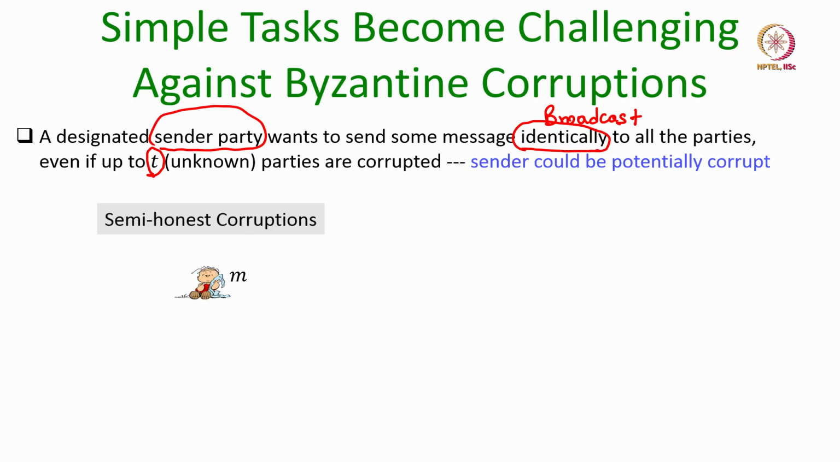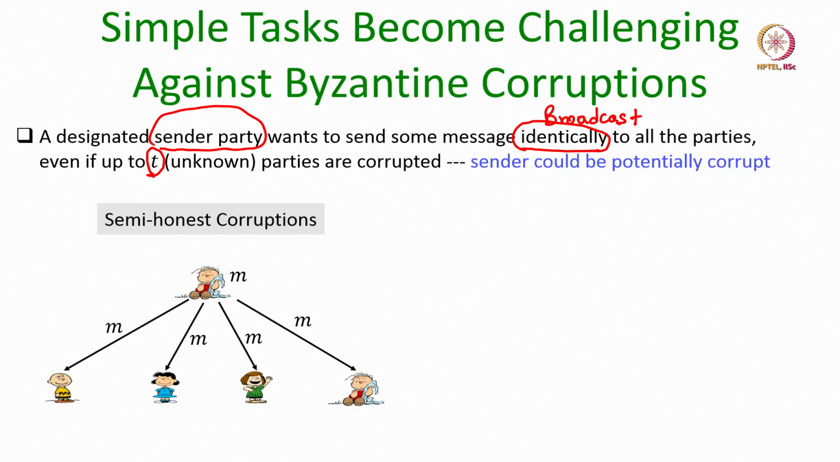So, if we consider this problem in the semi honest corruption setting, where we assume that the t corrupt parties could be only passively corrupted, then this problem is very easy to solve. So, imagine this is the sender party. To broadcast its message, what it has to do is just send a message m to all the parties, that is all. So, I assume that there is a communication channel between this party and every other party. So, it can just send a copy of m to everyone else,